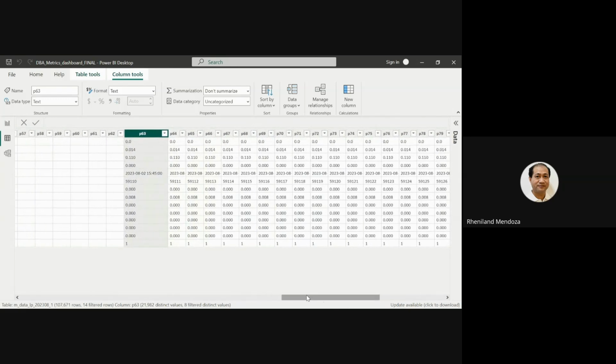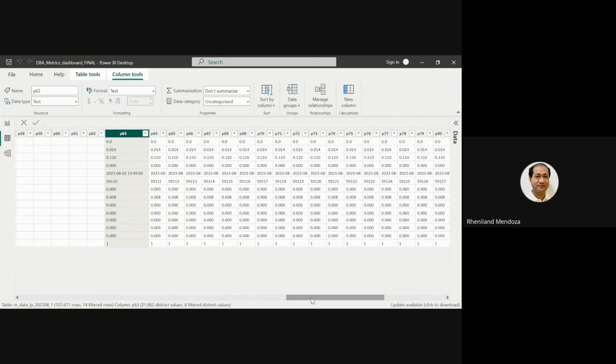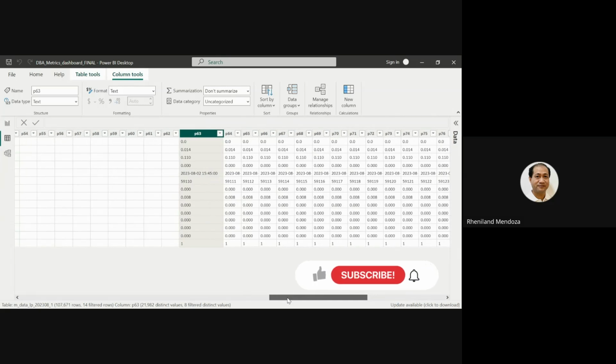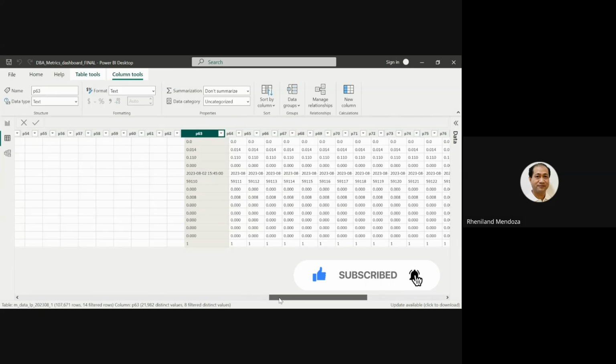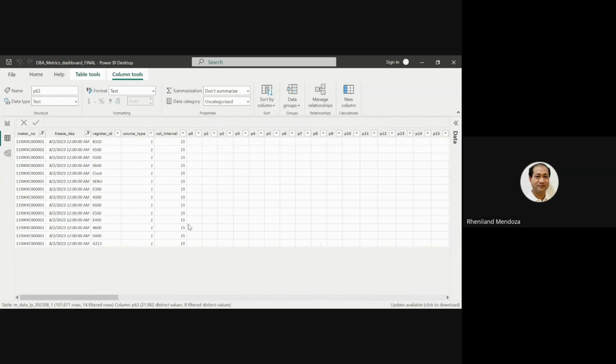In a separate session, we will try to build up visualizations based on these readings and analyze from those visualizations, maybe the set of readings encompassing the whole month at certain intervals.